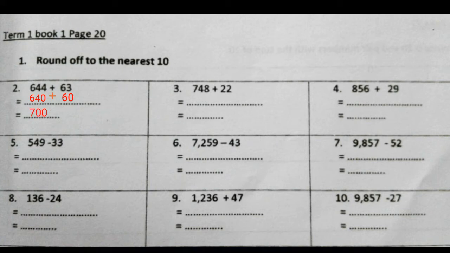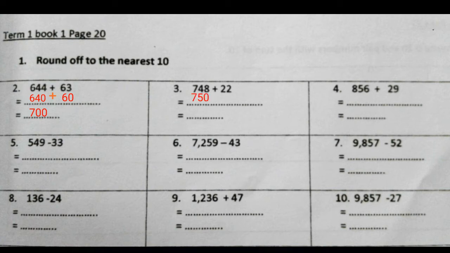Number 3. 748 plus 22. 4 is in tens place and 8 is in ones place. Since 8 is a rounding up number, we can add 1 to 4. So 4 becomes 5 and 8 turns to 0. So it's gonna be